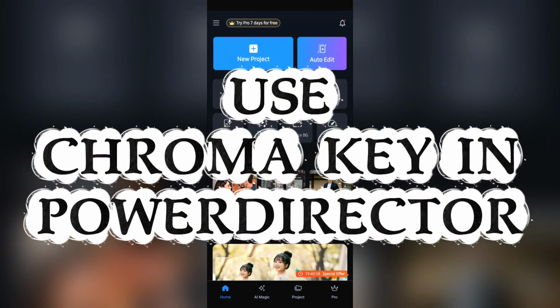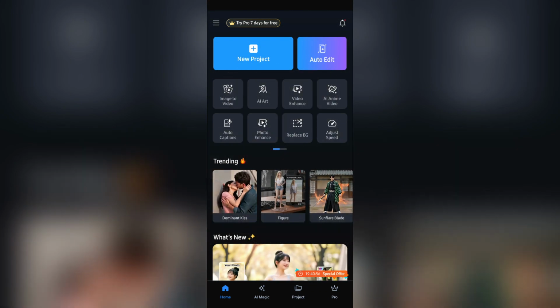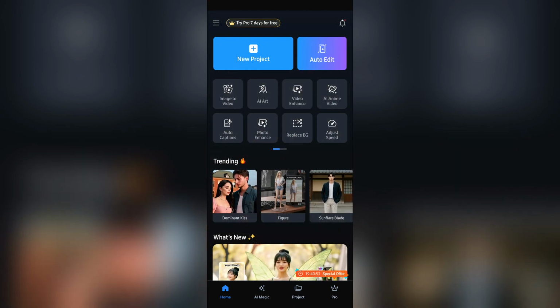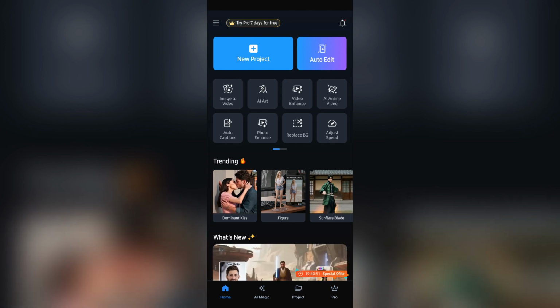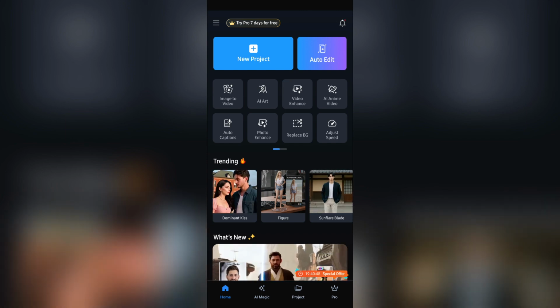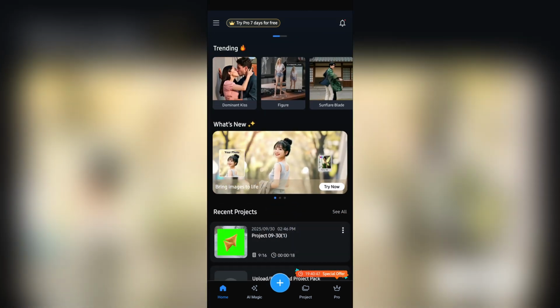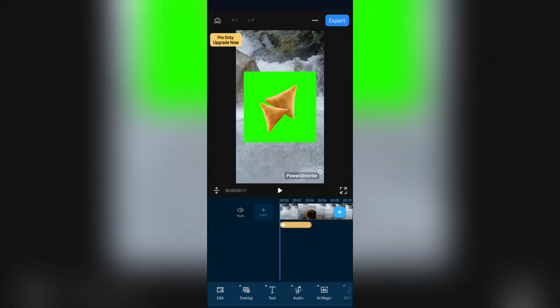How to use Chroma key in PowerDirector. Now, in order to use Chroma key in PowerDirector, you just simply need to open a new project or open an existing project that you have created. And after opening the project, just simply import your clips, and into your clips, in order to use Chroma key,